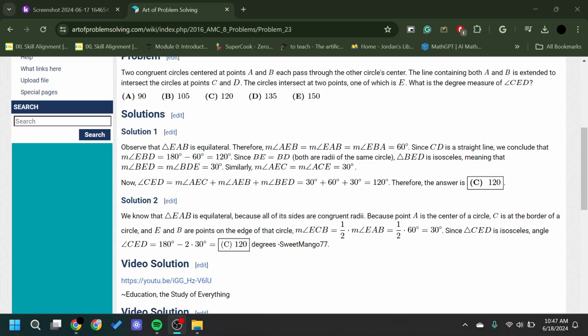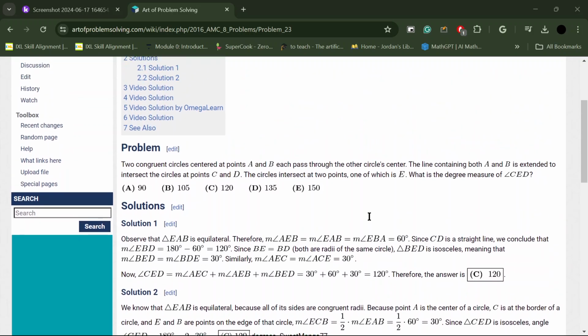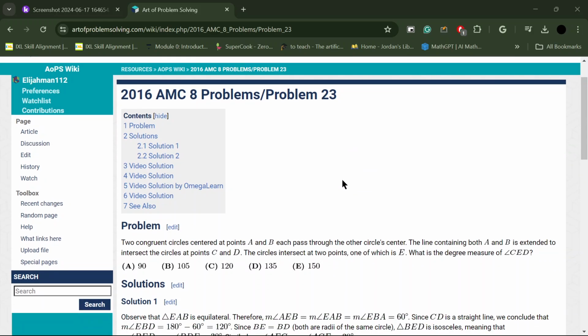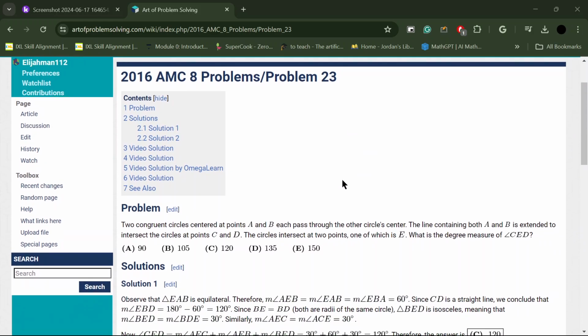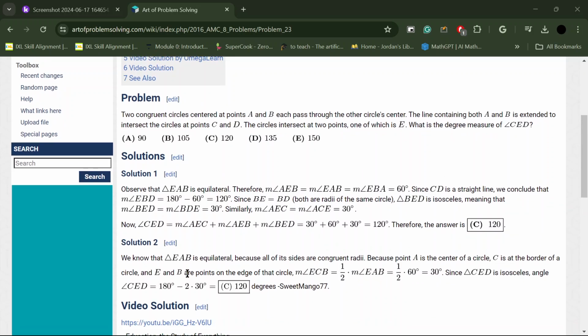Hi everyone, today we're going to be looking over the 2016 AMC 8, specifically problem 23. This is a harder problem for me, but I found a method to solve it that's not like these methods. See, these look really complicated. Like, look, both of the radii of the same circle, all that. That's too complex. I'm going to explain it in an easier way so that you can understand an alternative solution